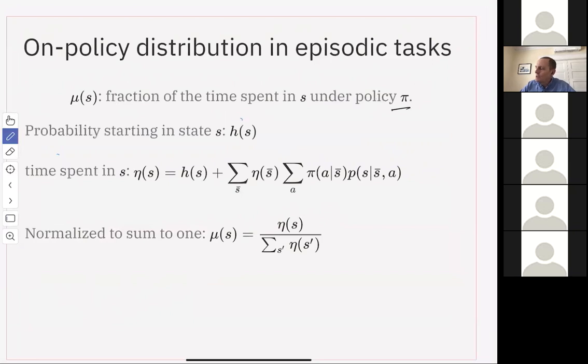So it'll be some h of s here. And then how long are we in a particular state? So eta of s is going to be the probability of starting in that state, and then the probability of being in a predecessor state,